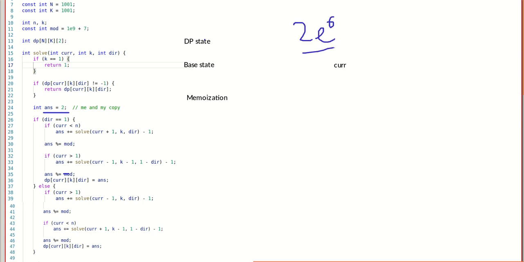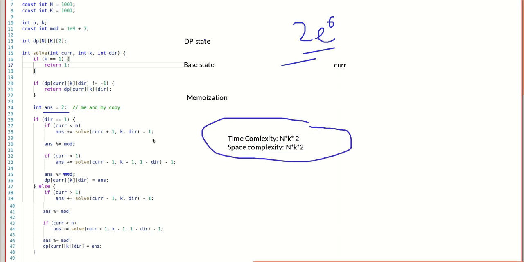And talking about our time complexity, as there are a total of n into k into 2 states, and we are doing it with memoization, the time complexity would also be n into k into 2, and space will also be this one, right? So these are our space and time complexities, and this was our solution.